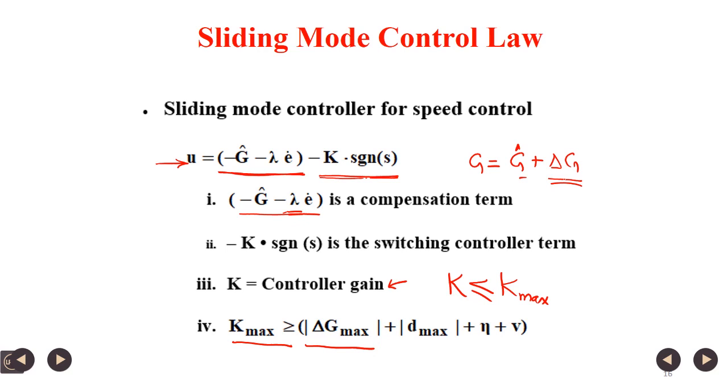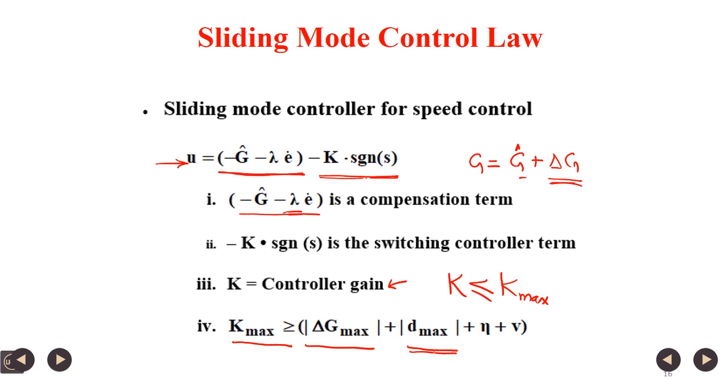For example, in a motor drive, we use a particular value of rotor resistance of the winding, but during actual operating conditions, when operating with load, losses are high, temperature is high, and due to high temperature resistance is more. So, there will be some delta g due to that increased resistance. The second term is d max, where d is the disturbance and its maximum value is d max. D max means, say, load torque. Load torque, in most cases, we consider to be a disturbance. Suddenly it comes and it may be unloaded like that. So, when there is a sudden load change, the load is considered as a disturbance.